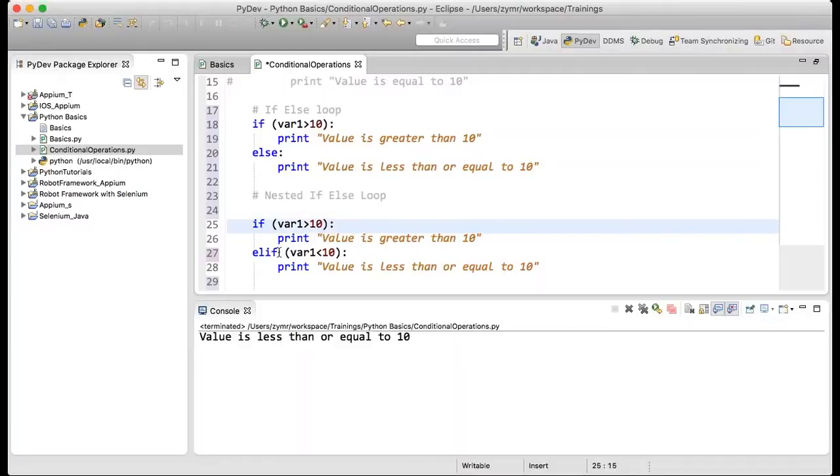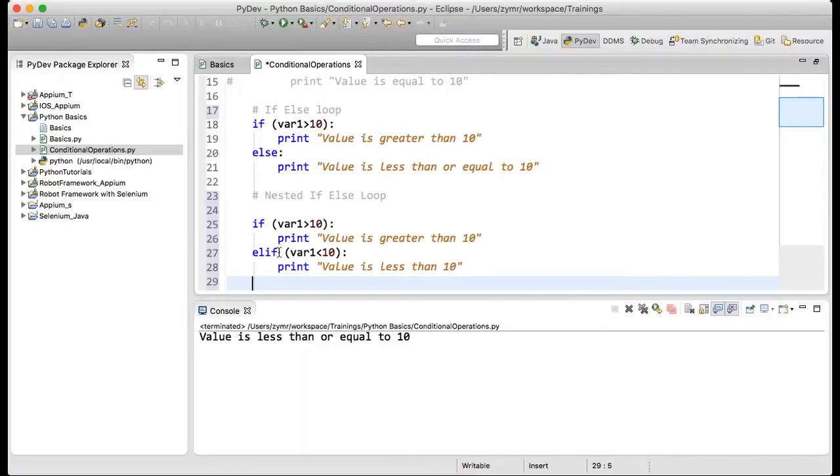So if var1 is having a value that is not greater than 10, it will simply move to another else if statement. Now we see that as var1 is having a value 10, it will again not execute this expression, but still we want to see if this gets executed or not, right? So we will change the print statement saying it is less than 10.